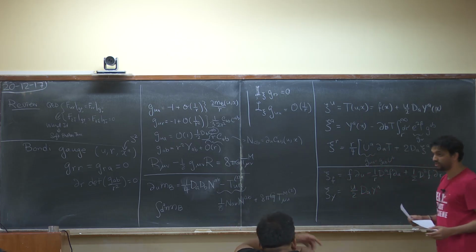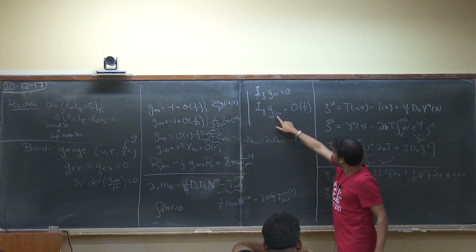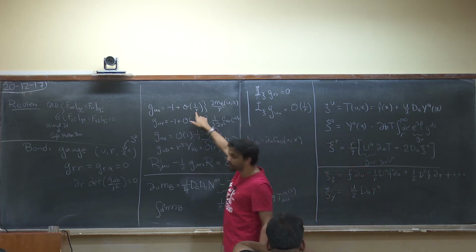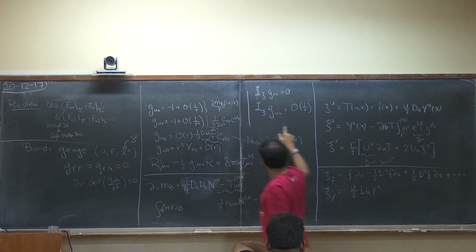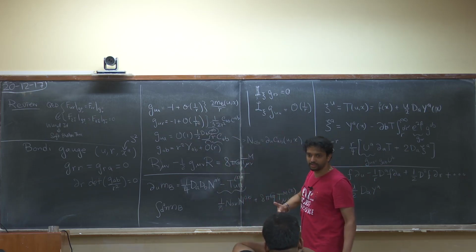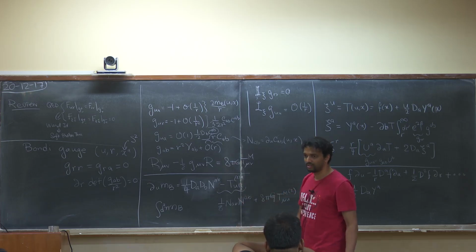Not isometries. No, these are not isometries. As you see, I'm allowing g_uu to be order 1 over r. So it's allowed to change this part of the metric. So this is not an isometry, but what it's doing is taking you from one asymptotically flat solution to a different asymptotically flat solution. So you're staying within the class of asymptotically flat solutions, but moving between solutions. And preserving the gauge. But that just tells me how I'm pushing in the diffeomorphism in the bulk.